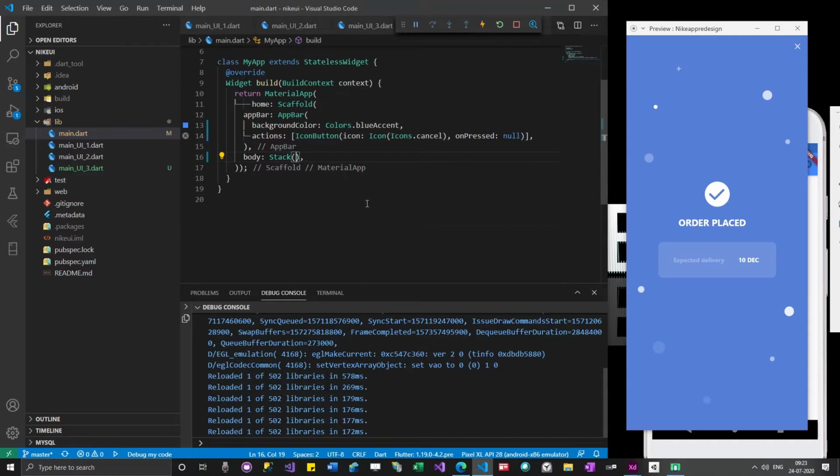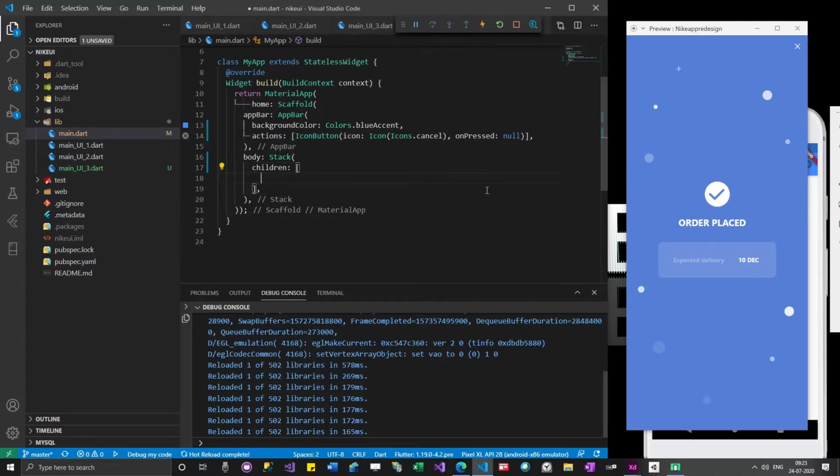and then I'm going to give children. So children and child, I think you guys are clear, right? Children means you can add multiple things. Child means only one widget. So everything is a widget in Flutter. Take MaterialApp, Scaffold, AppBar, IconButton, Icon. Everything is a widget.